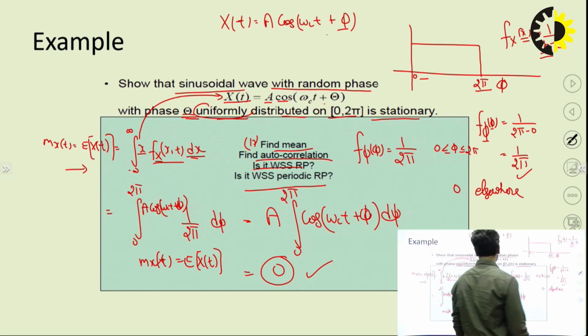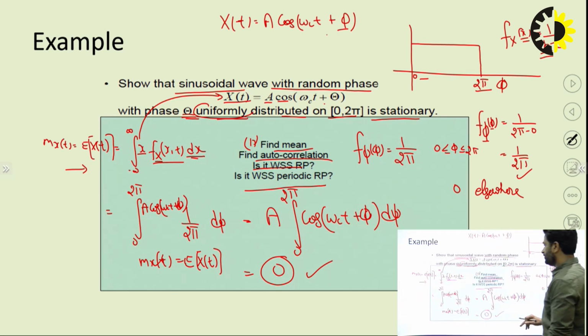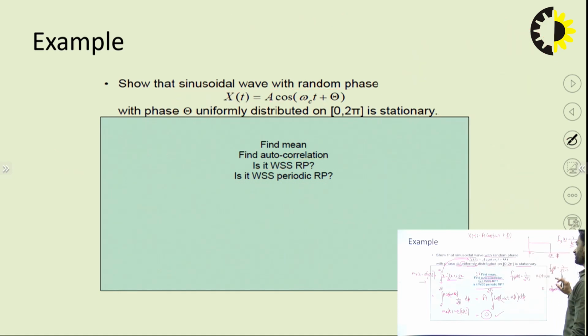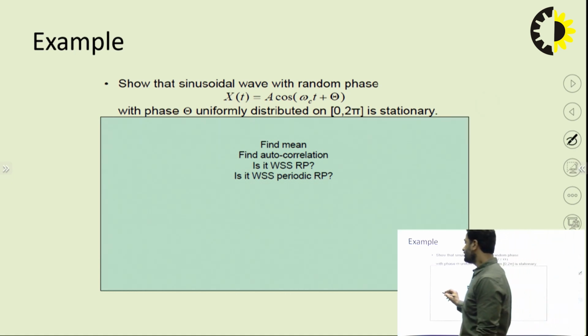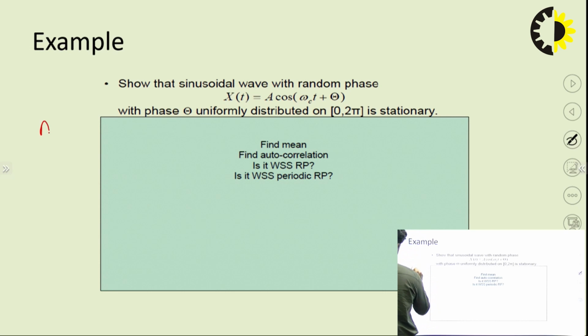Now second, we have to find out the autocorrelation function, ACF. ACF we have to show that it should depend only on the time difference. Right? Excuse me. In the next slide,